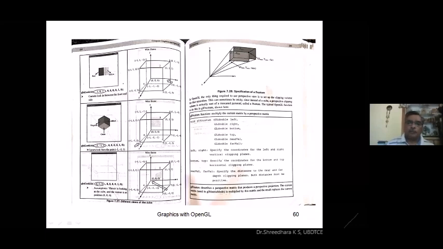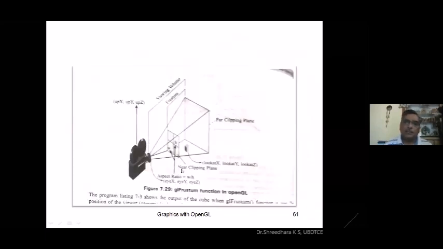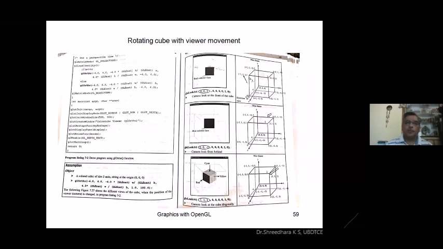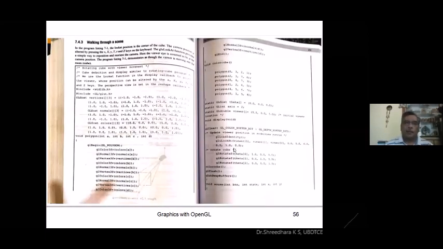For the effect of glFrustum, you can see the near clipping plane, far clipping plane, look-at Z position, frustum viewing volume, up X, up Y, up Z. All these values are shown diagrammatically to explain the frustum effect. With this, I will give the fourth program to use in your lab.